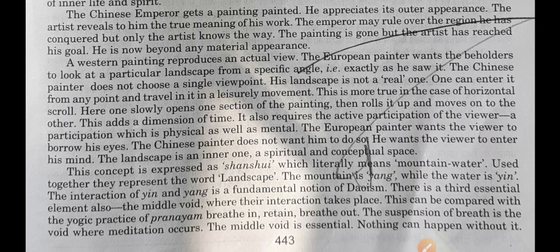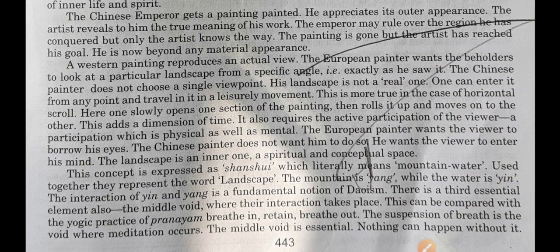A Western painting reproduces an actual view. The European painter wants the beholder to look at a particular landscape from a specific angle, and that is exactly as he saw it. So, what is the theory behind the European painter? That is, he wants you to look at the painting from that particular angle. Alright, so it means the fly must be looked at from a particular angle so that it gives the same